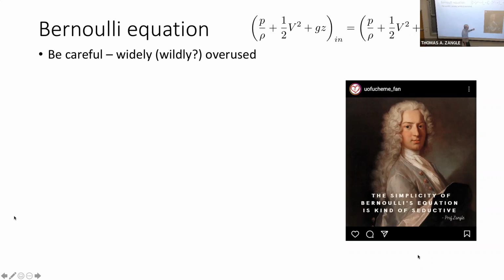And part of what makes it seductive is that when we have a pipe flow problem, you're going to typically be given a delta P, a change in pressure across some length of pipe. You might be given a delta z, a change in height, or maybe that pipe is at some kind of angle. And you're going to be asked to find a velocity. If you look at this equation, it has pressures, it has elevations, it has velocities. So people are often tricked into thinking, great, it has all of the variables that I need in it, and therefore I can use it in this context.